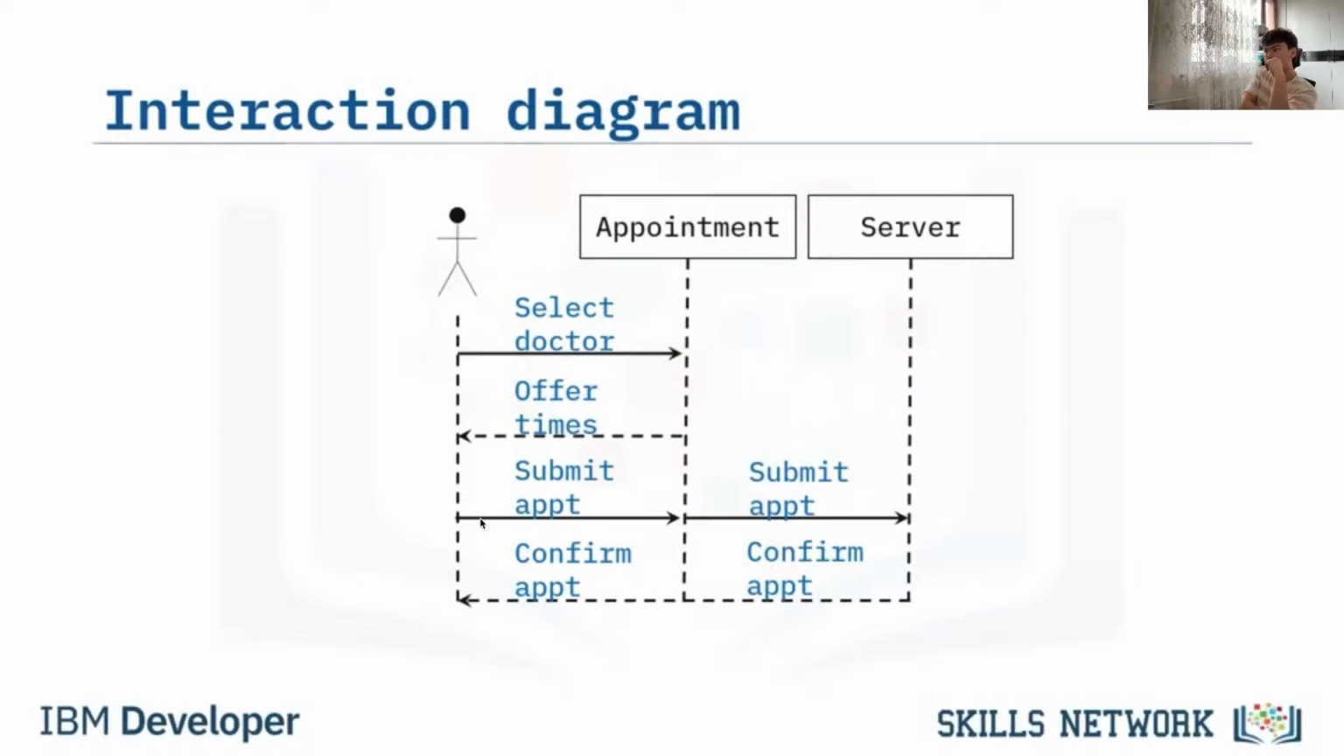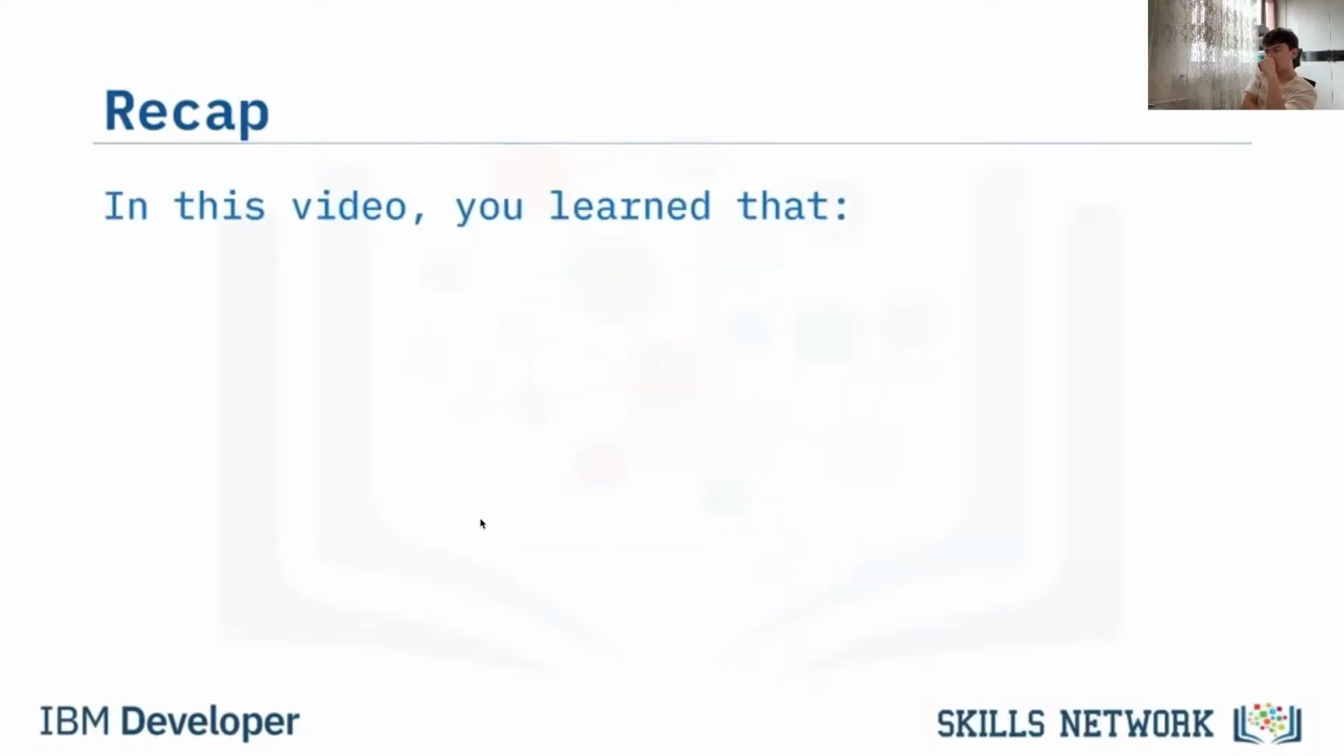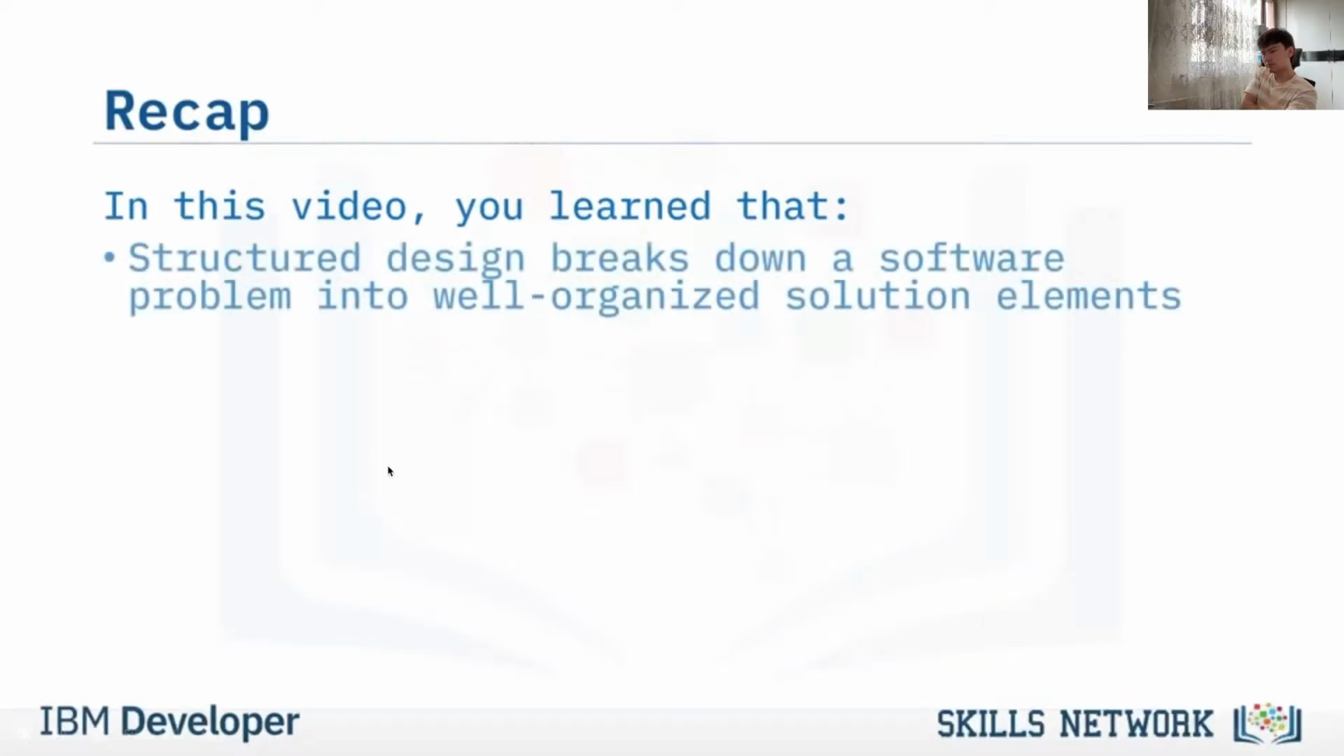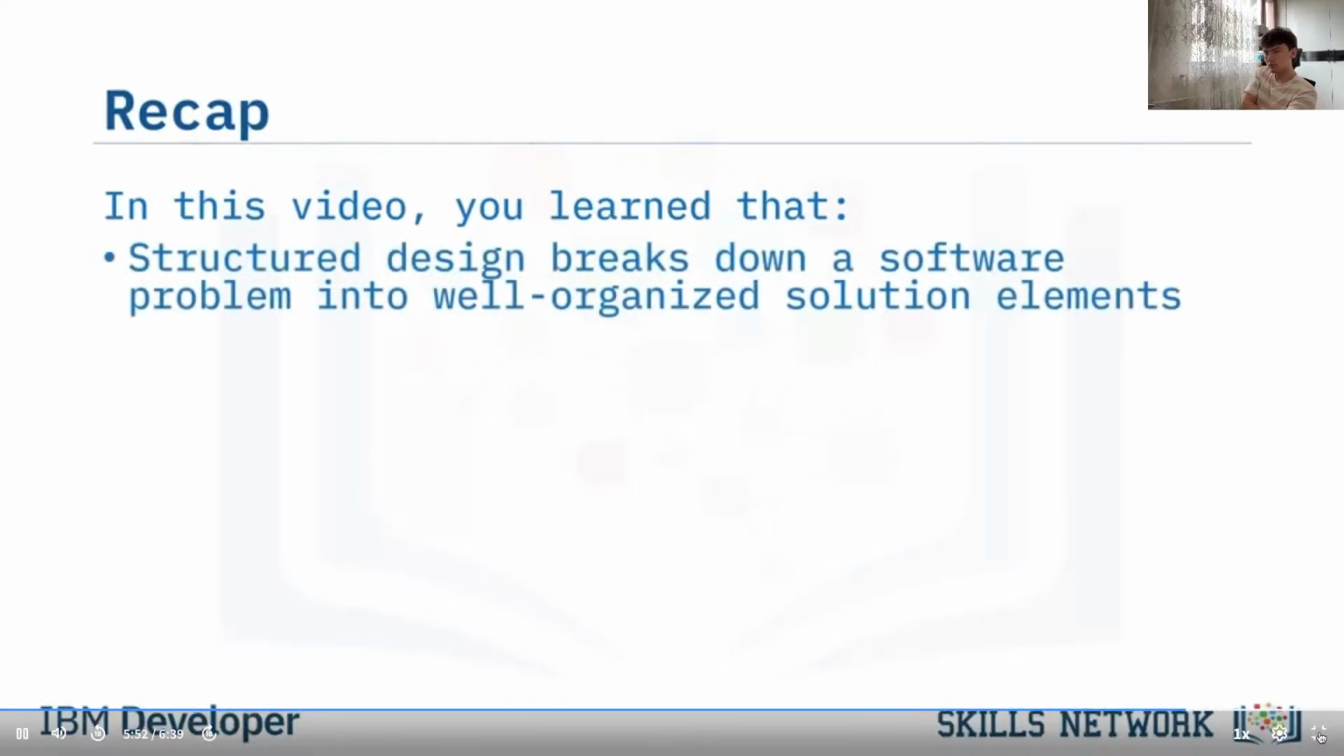A sequence diagram, which is the type of interaction diagram shown here, displays the communication between objects with respect to time. This example shows a patient making an appointment in an online portal, and this is another example of a behavioral UML diagram. In this video, you learned that structured design breaks down a software problem into well-organized, smaller solution